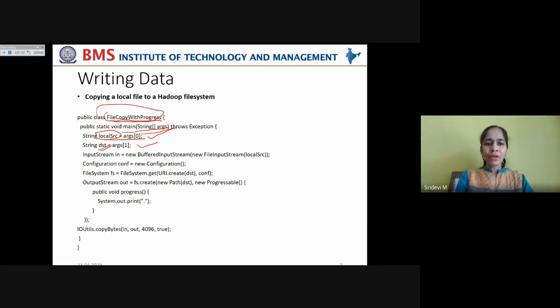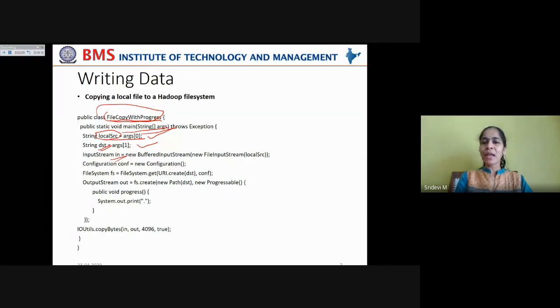Now you're creating an input stream. Though you're not reading the data from a Hadoop file system, you're reading the data from your local file system. So you have to read the data into an input stream from which the data is further read and written onto a file through the output stream. For that, you have to create an input stream object, which is nothing but a new BufferedInputStream instance.